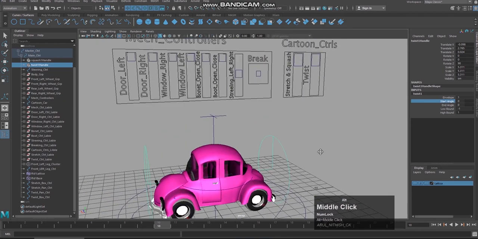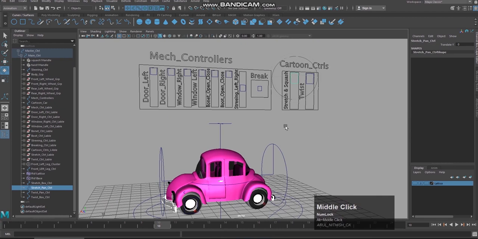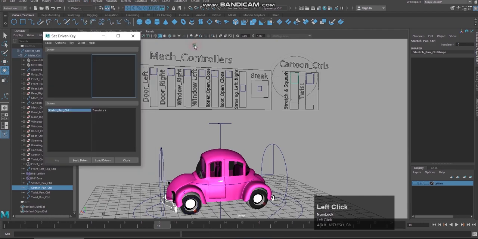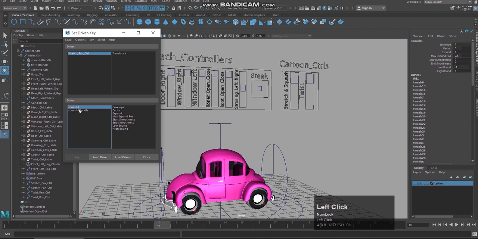So I'm just going to select the stretch and squash. I'm going to open the set-driven key again, load this as driver. And select this squash handle, load as driven, and you can see this squash handle factor.